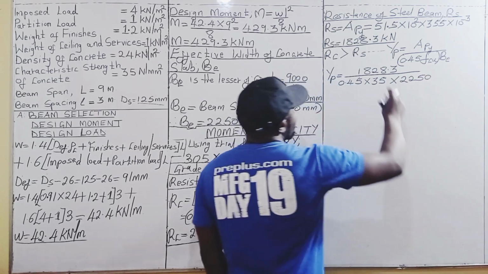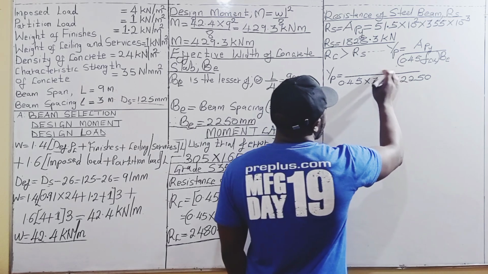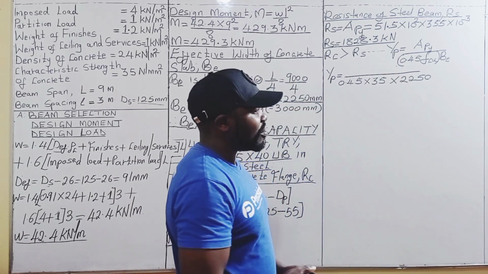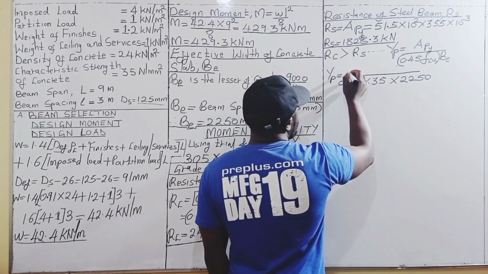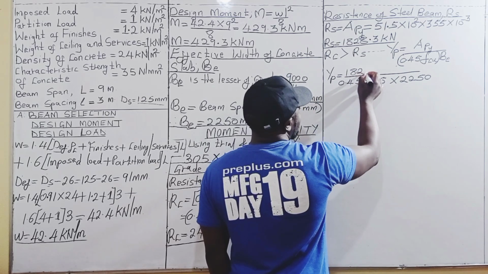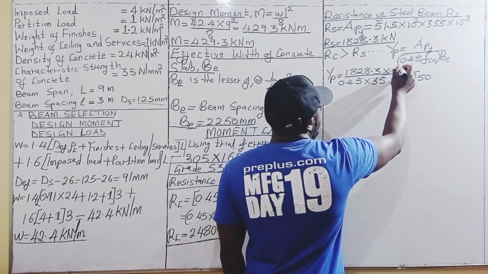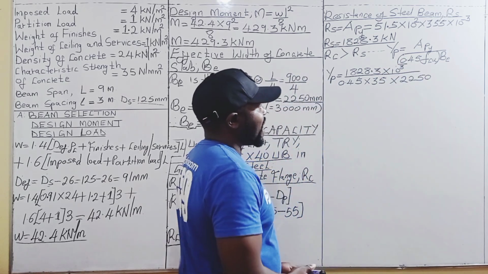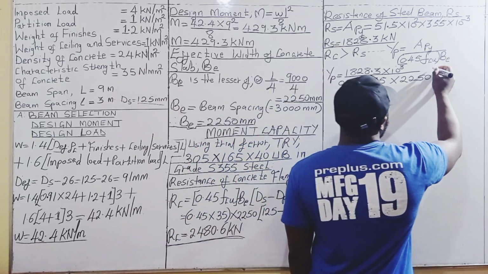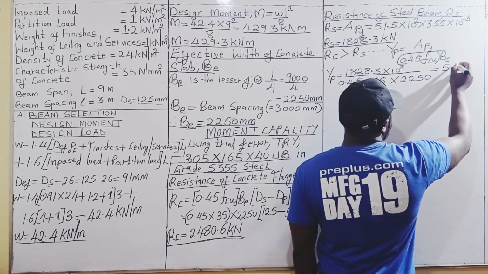2250 millimeters. This RS is in kilonewtons. We have to convert it to newtons, that is multiplying kilonewtons by 1,000. Therefore, we are going to have APY, which is 1,828.3 times 10 raised to the power of 3, which is 1,000. And by doing so, we are going to get the depth of the neutral axis being equal to